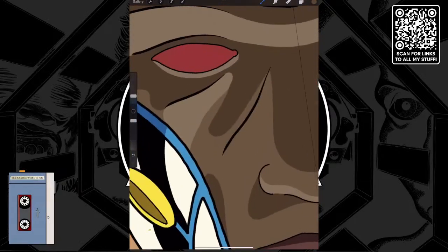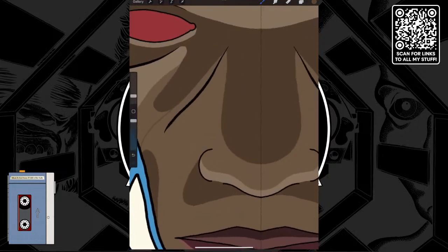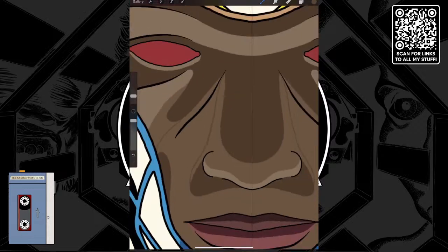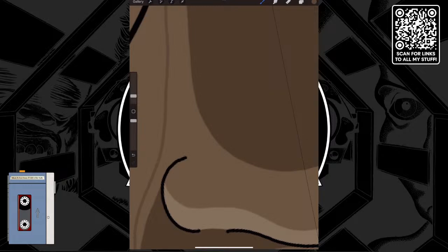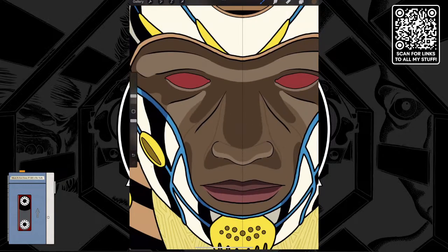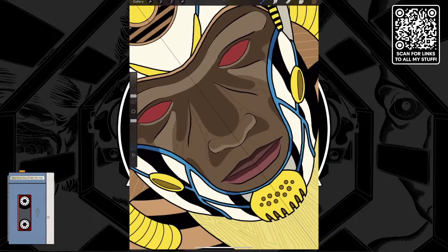I really don't know if I'm gonna actually do this or not. I'm just curious. Like if I start making more kind of accentuated shadow lines that build on top of what's already there, I don't know if it's gonna work at all. This might look really bad when I'm done with it, but I want to try it. I just want to try it.